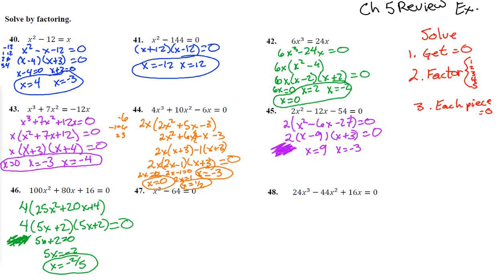All right, number 47. Number 47, x squared minus 64 equals 0. We're equal to 0, so we can start factoring. This is a difference of perfect squares, so we get x minus 8, x plus 8 equals 0. So we get x equals 8 and x equals -8. Oh, I like those. Those are nice when they're fast like that. And so the last one,